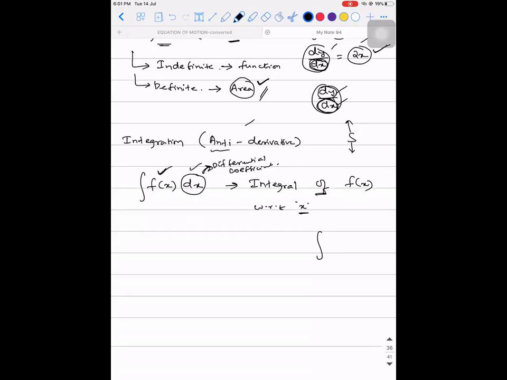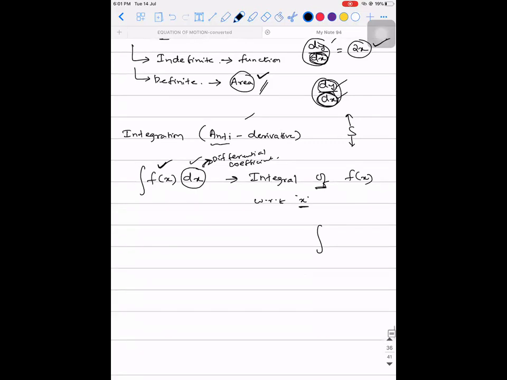Okay, let's not get too deep into it. As I told you, I cannot discuss it unless you have a clear grip of relations and functions, especially functions. Don't worry much about it. You need to know only the formula and how to apply it. So integral of f of x dx is called indefinite integration.